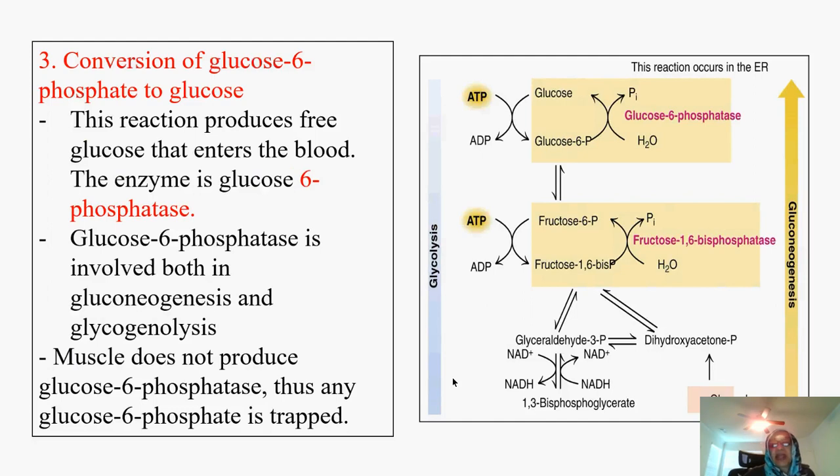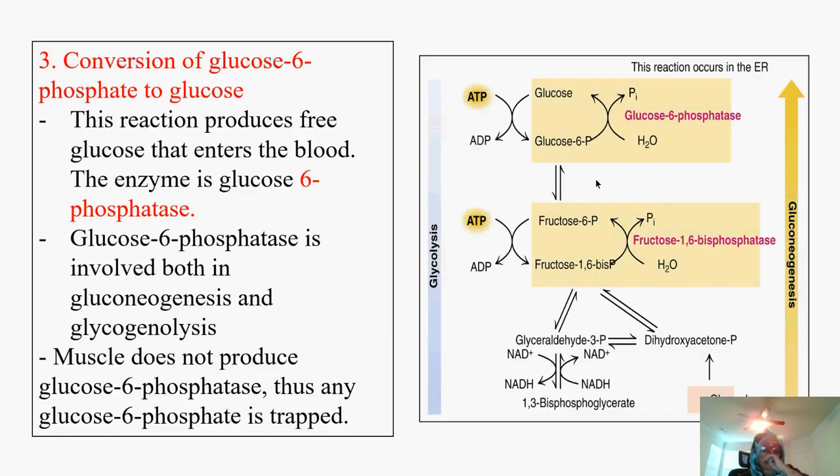Okay, so these are the three reactions and the most regulated reactions within the process of gluconeogenesis. They are regulated enzymes. Some of them have cofactors that cannot work without them. But again, the direction of the reaction is determined by the status of the cells themselves.